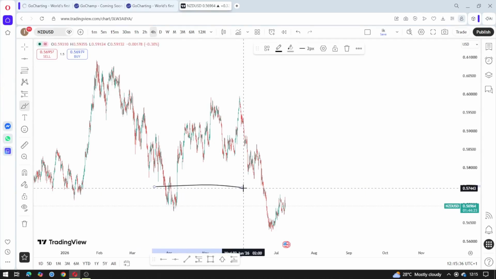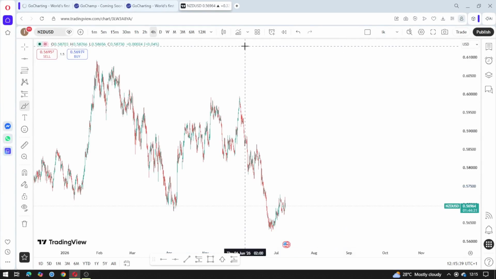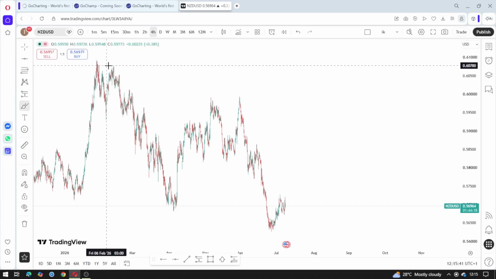Now, you see the first trend line that I drew was here and this point. What I normally say is that they are too close, and for me, I find them very, very unrealistic. So for that reason, I say if you can, actually, because most of the time you can't be looking for what you will not easily find. But when you have mastered it, you know how to do it. It's fine as well. But for me, I would prefer to use this point